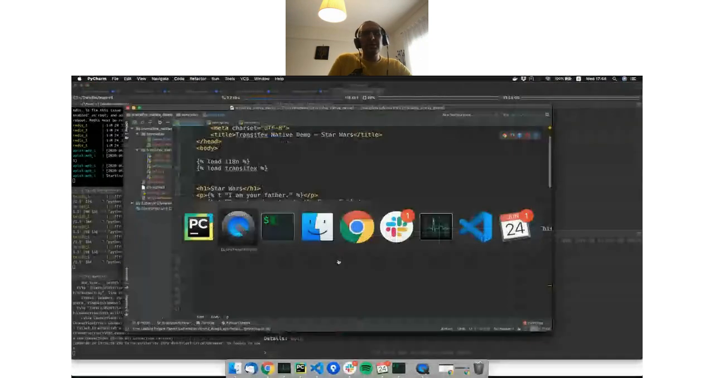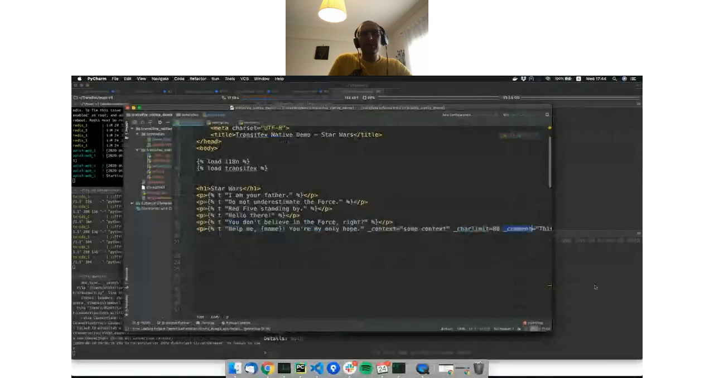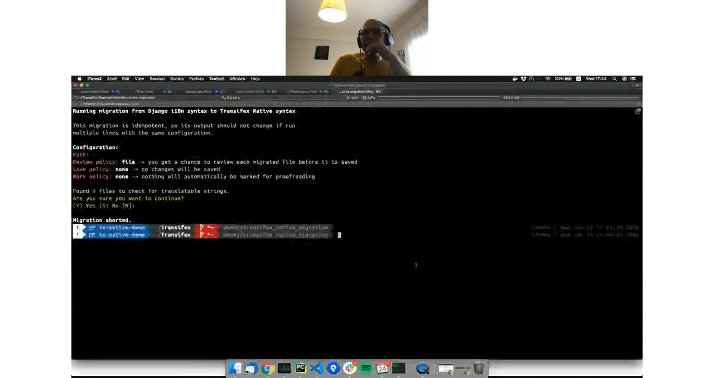Let's go to something quite different. I saw a question about this in the chat. It has to do with how to migrate existing content, an existing website, to Transifex Native syntax. Because it is a lot of work, as I don't remember their name, sorry, who mentioned it in the chat. It is indeed a lot of work, and that's why we have developed a tool here that will make your